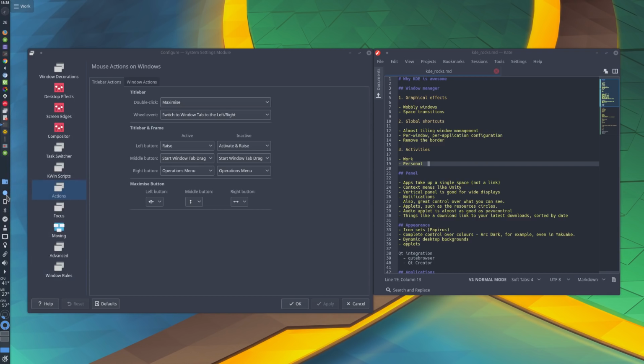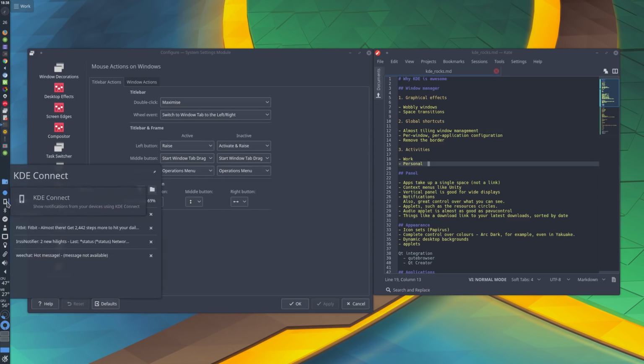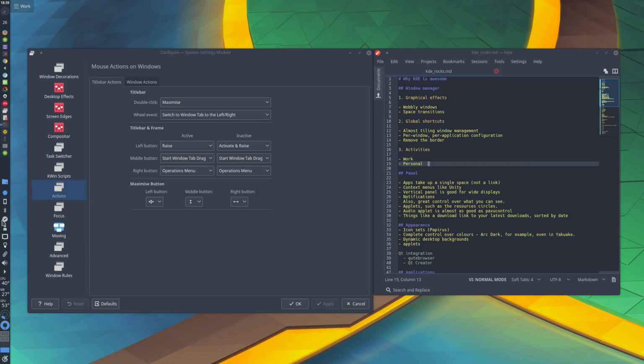This is Simple Screen Recorder running. This is KDE Connect, a brilliant app on your Android phone and an app on your KDE desktop that links your phone to your desktop. You can see, for example, my battery is discharging and I've got my recent notifications. You can also browse the file system on the phone. Really great tool. Bluetooth,